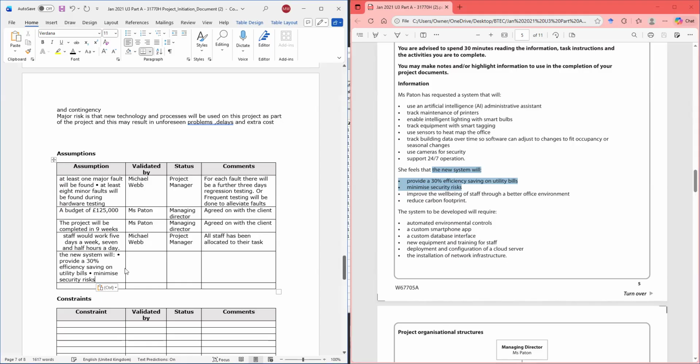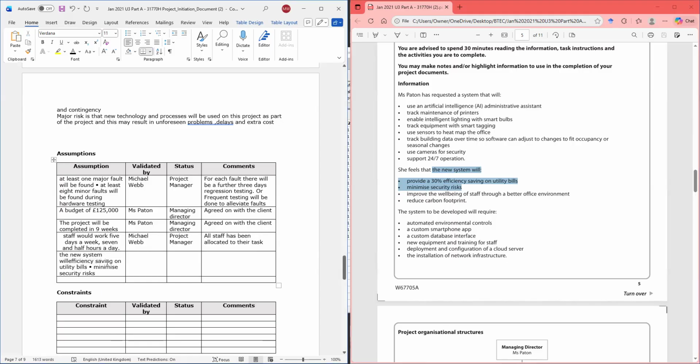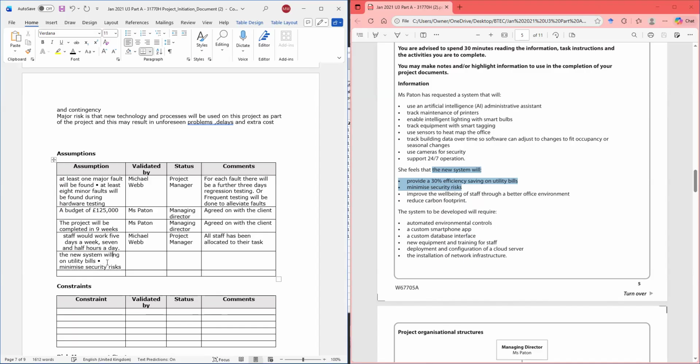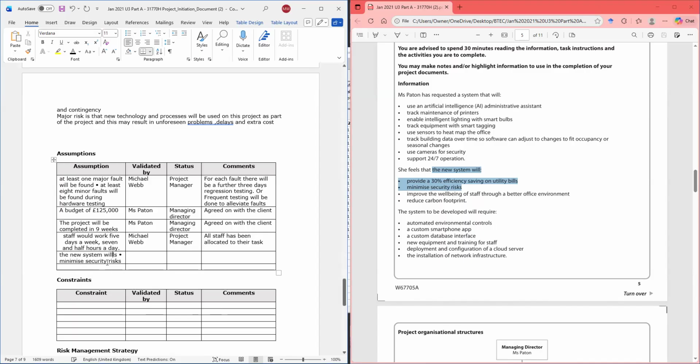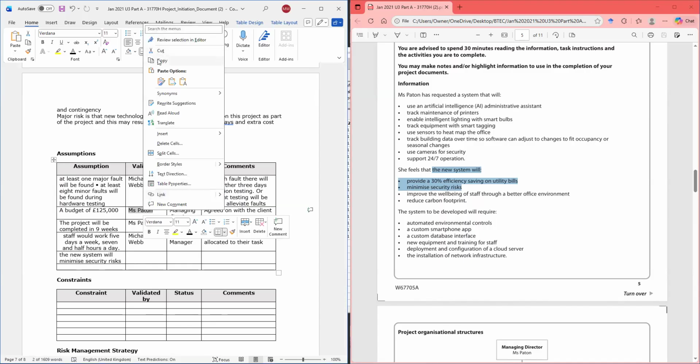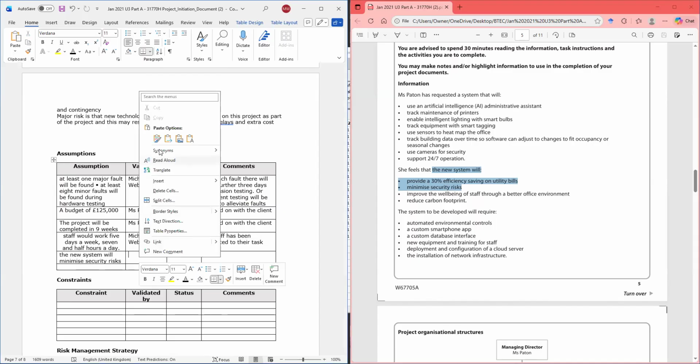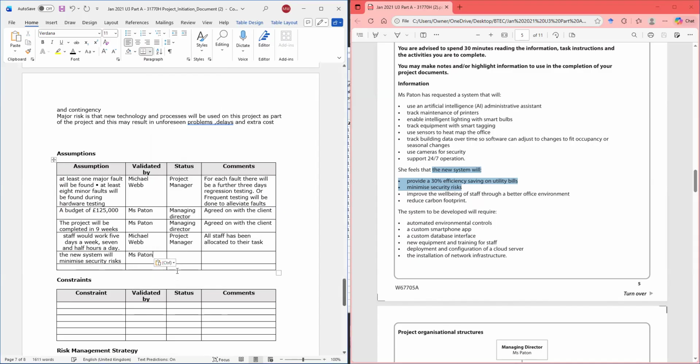So if it's going to minimize security risk, that would be Miss Payton, because that's what she feels. Right?